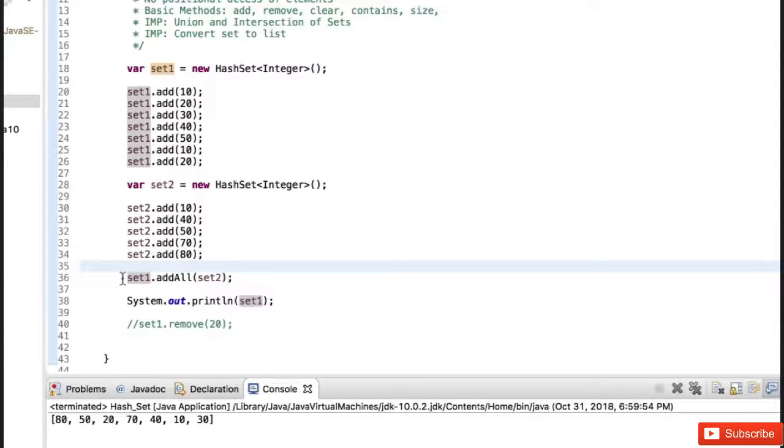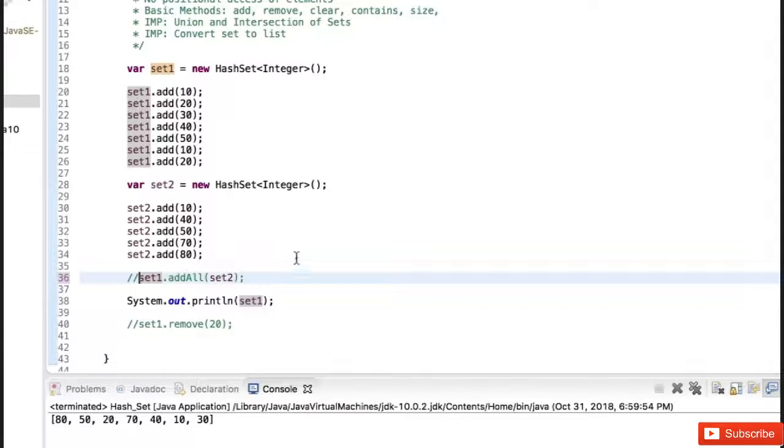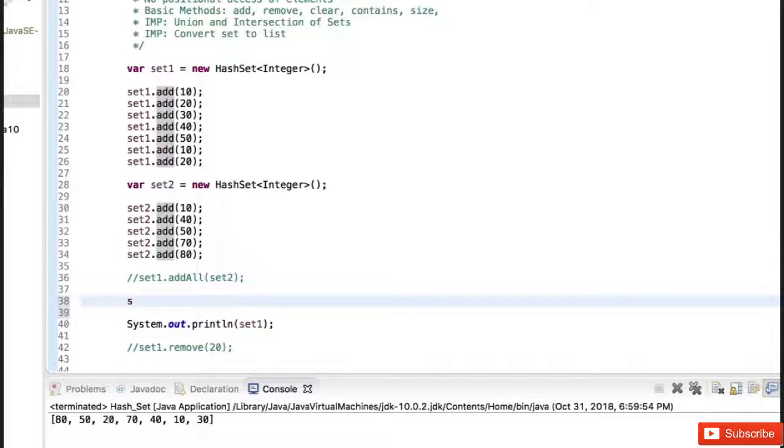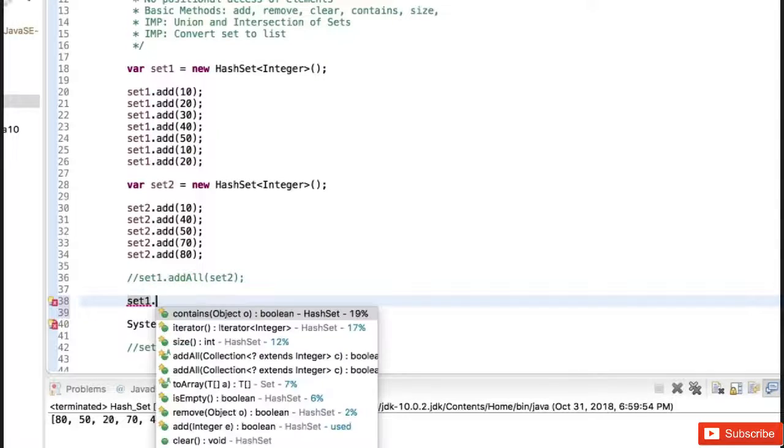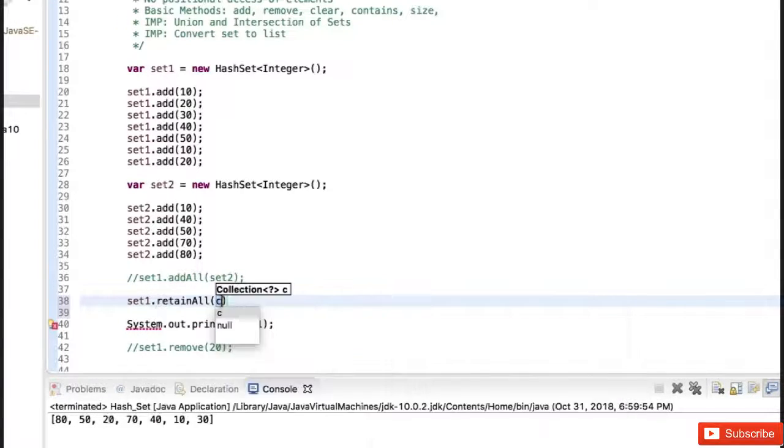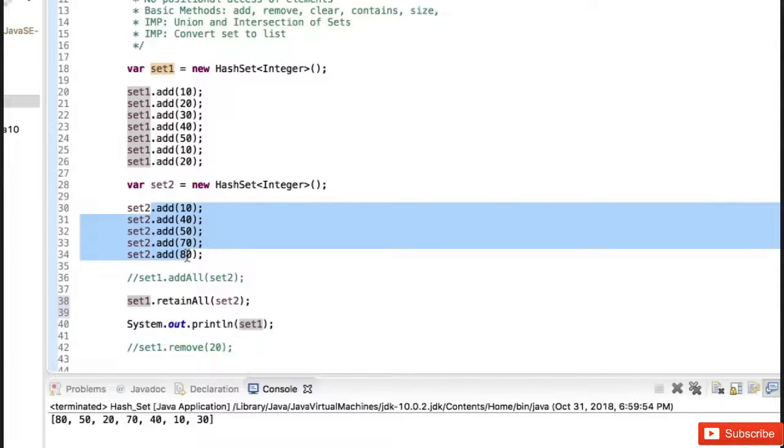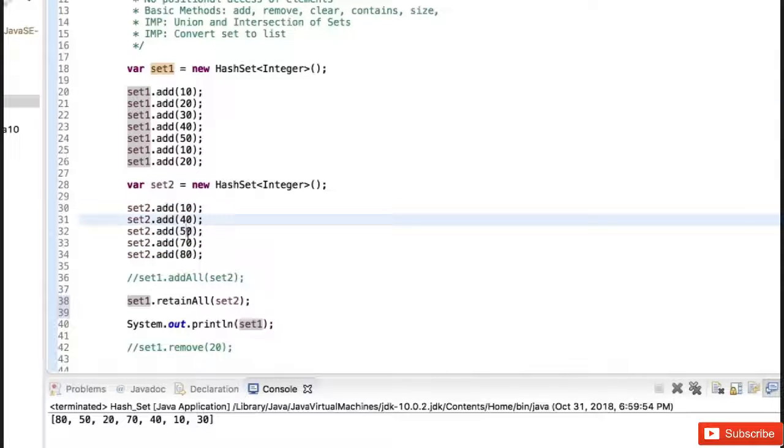Similarly, if you want to do the intersection, in the sense of only the common elements from set1 and set2, the way we will do it is by using set1.retainAll(set2). So when you do set1.retainAll(set2), set1 will now contain only the common elements from set1 and set2, that is 10, 40, and 50,